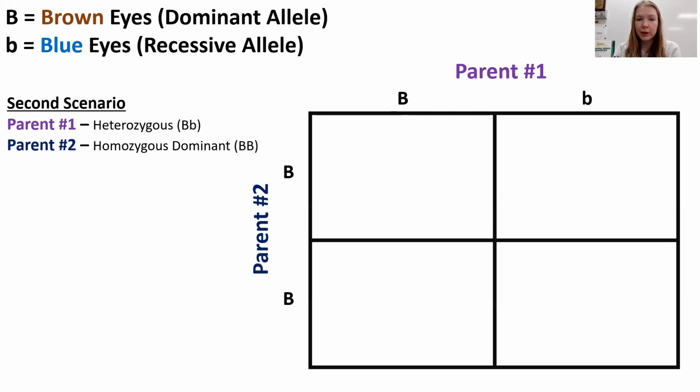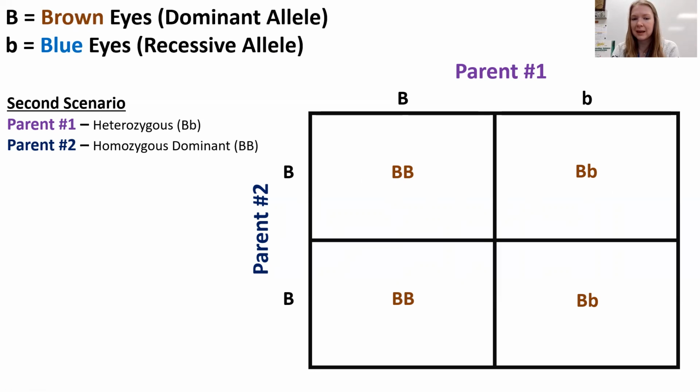Okay, so going through it, for the first case here, parent number 1 donates the big B allele, parent number 2 donates the big B allele. This offspring would be homozygous dominant. In this case, we see big B and little b, parent number 1 donating the recessive, parent number 2 donating the dominant. Same thing for the third case